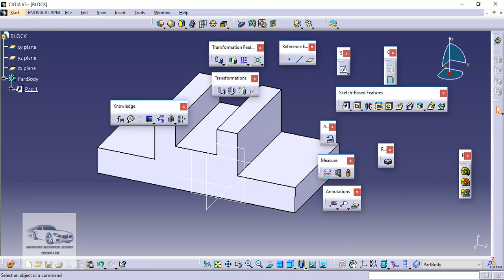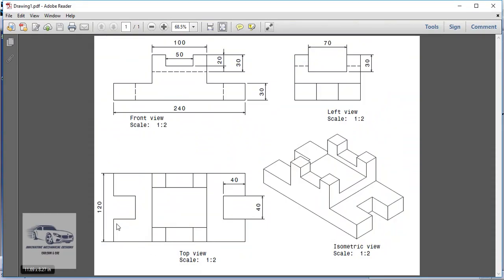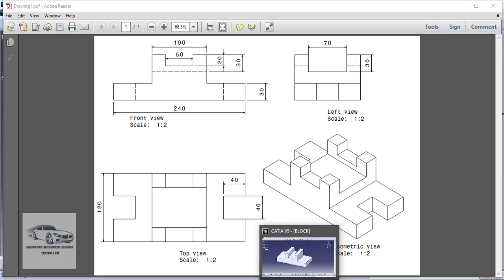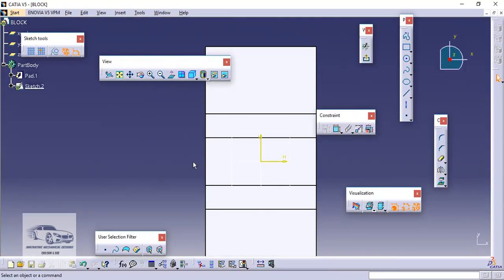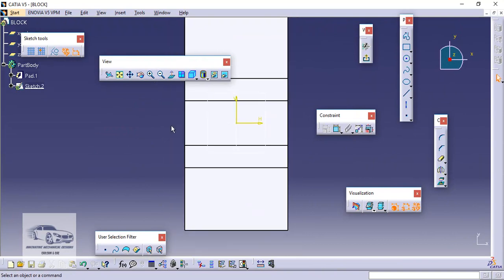Next we will create the slots, these two slots of dimension 40 by 40. Again I will go to sketch. For sketching these two slots, I can select either this face or this face, any face we can take.